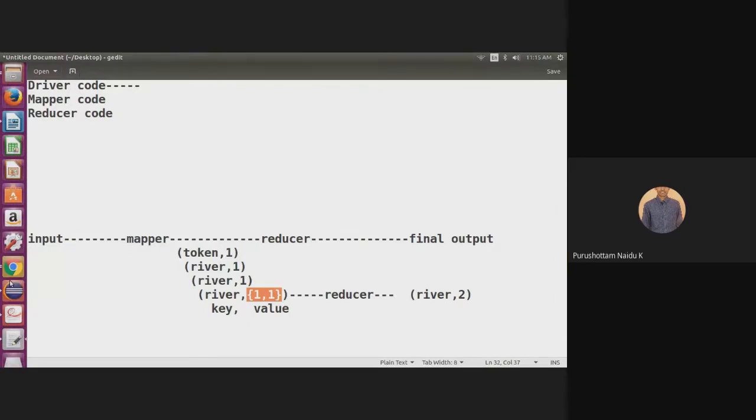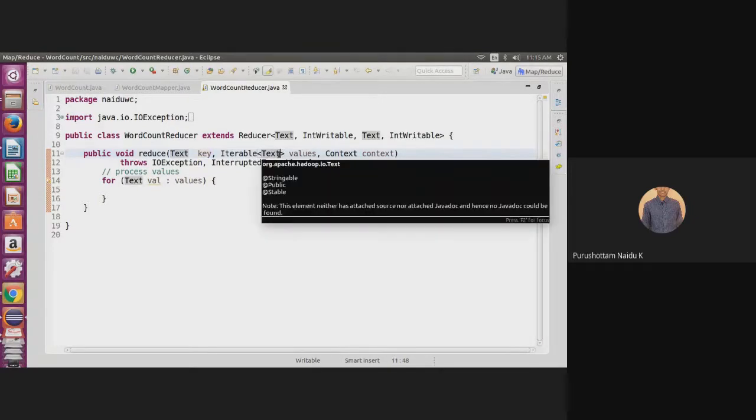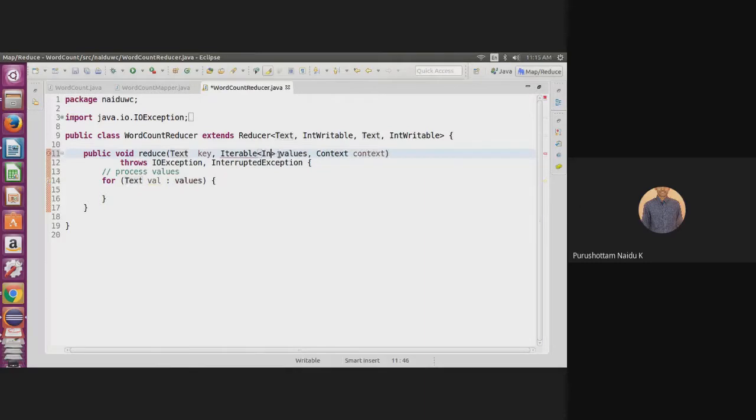That's why here we are using Iterable. Each value is of integer type. That's why I'm using Iterable, values, comma context.